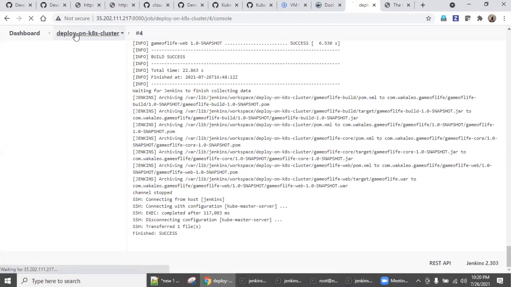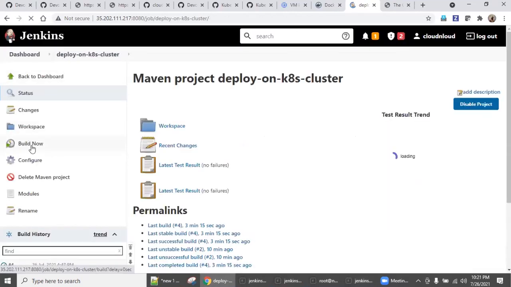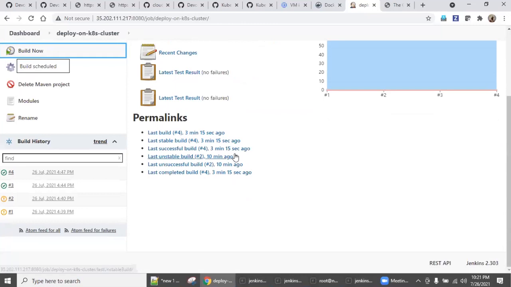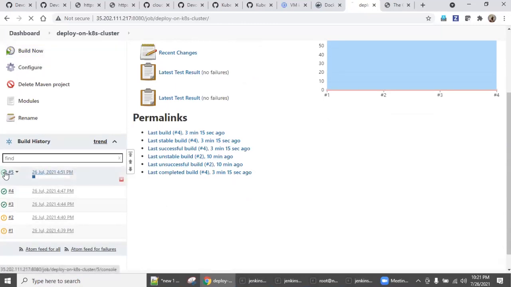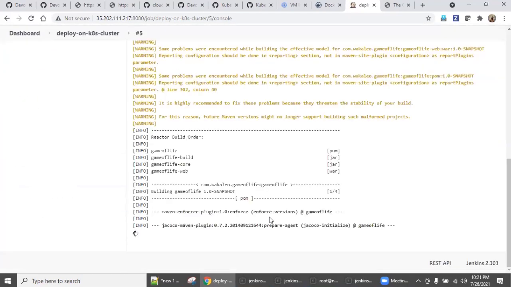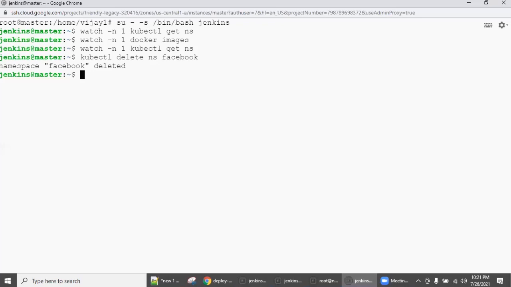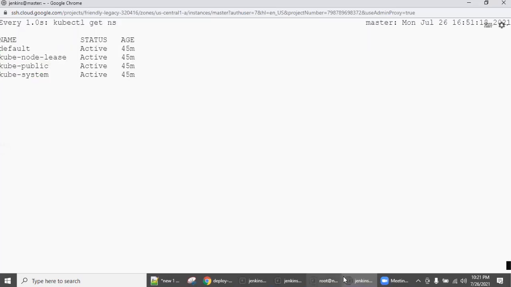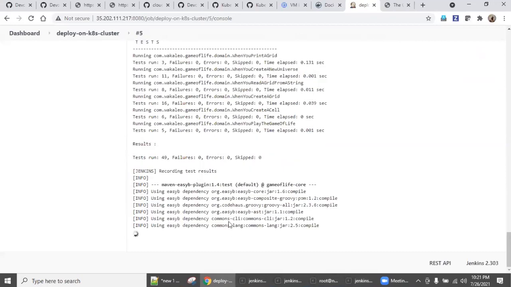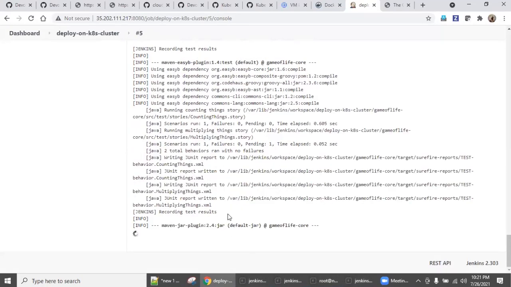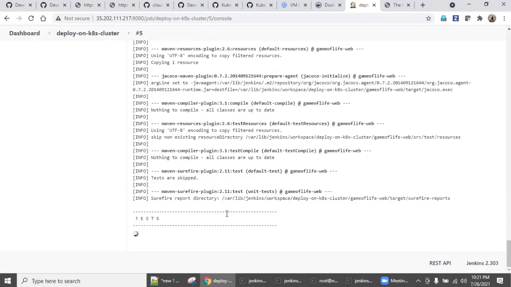So again, we are going here. We are going to trigger the Jenkins pipeline. The pipeline should recreate this stuff again. Wait for a few seconds. Let's run the namespace again. So again, it is downloading. Assume there are some changes in the code.